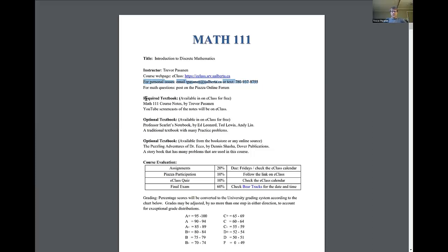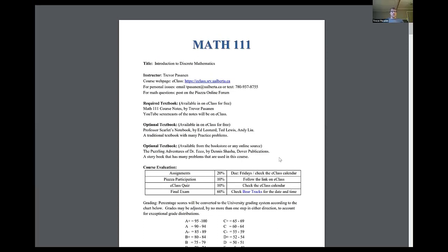Okay, so for textbooks, I have 3 of them listed here. The first 2 are free, just available on eClass, and you don't need to do anything about that. So the first one is the required one that you absolutely need. It's the notes that will go through the videos with you. And the optional textbook is for extra reference, extra problems, extra reading. And then finally, the last optional textbook is